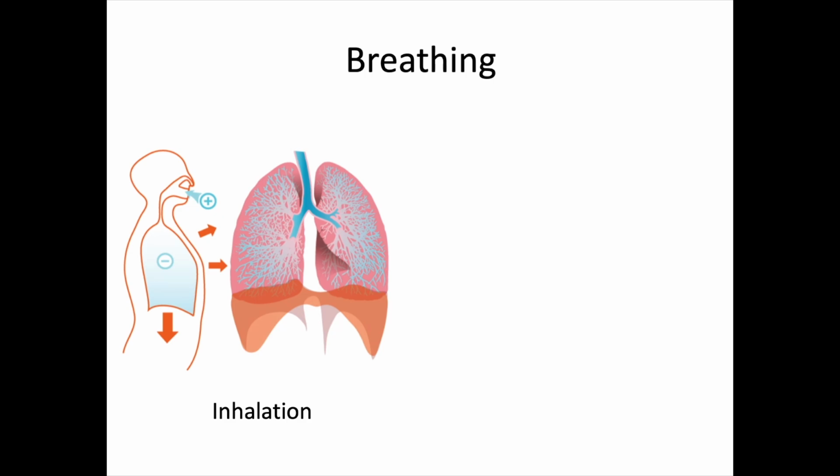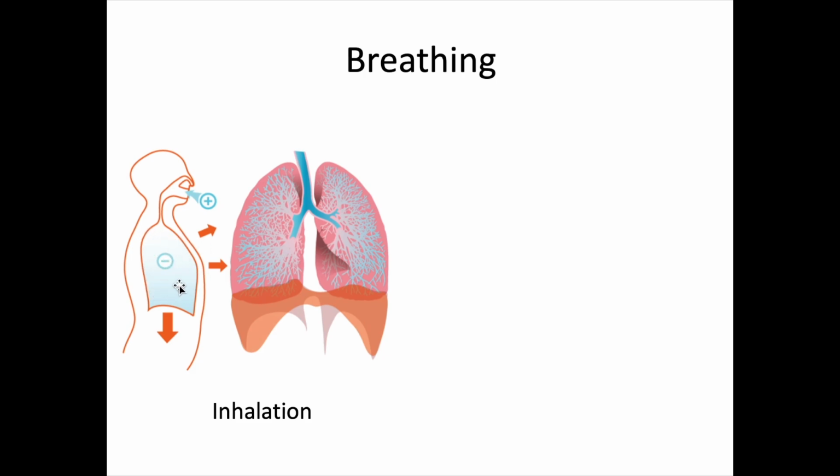Okay, so what is this process? Breathing. Step one, inhalation. When you inhale, if you want to take a deep breath in, what you're doing is you are contracting muscles on the walls of your chest and you're contracting this big muscle down here, which separates your thoracic cavity from your abdominal cavity. This is called the diaphragm. I'll define that in the next slide, but you're contracting these muscles, and that is increasing the size of this cavity. When you take a space and suddenly make it bigger, expand its size, that creates a lower pressure zone